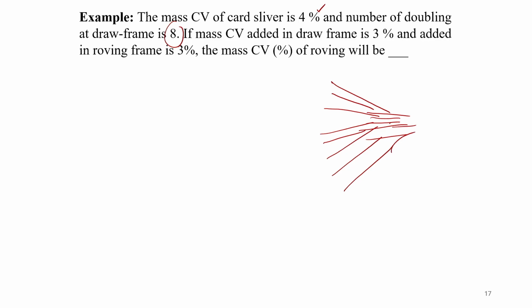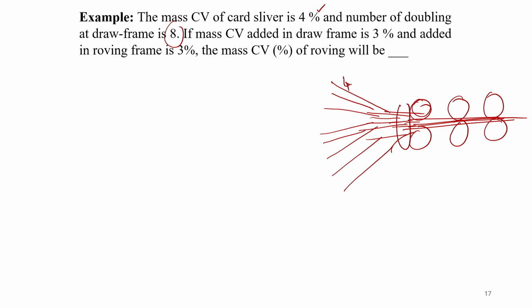These 8 slivers are going in, and this is the roller setting in the draw frame. These 8 slivers are mixed together. Each card sliver is 4%, so 4 divided by under root 8 is the CV of the input material